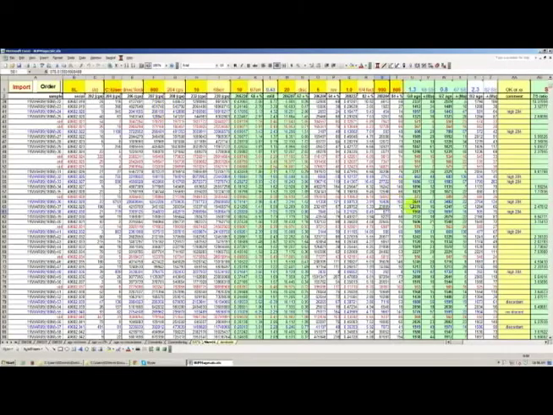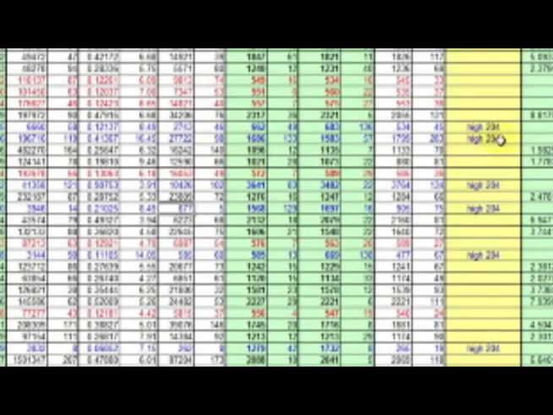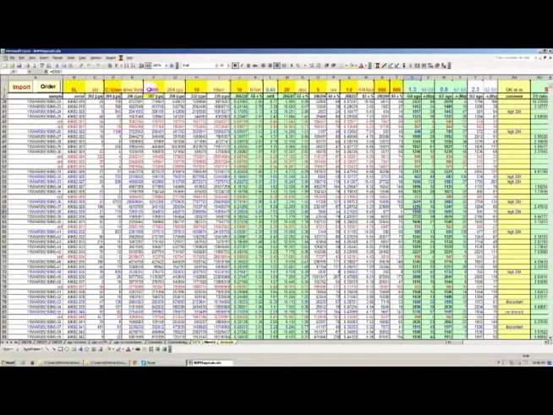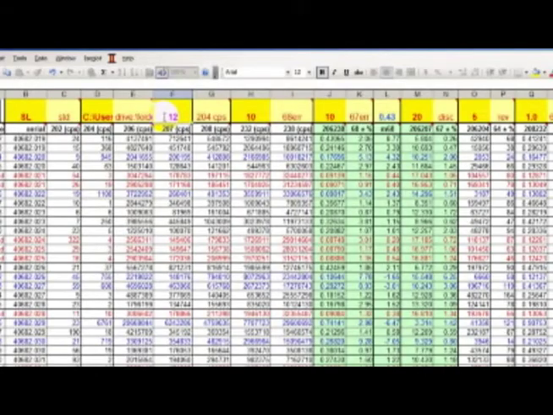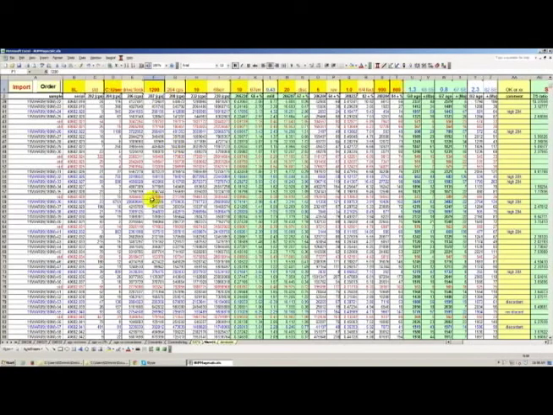So for example, in this particular sample, a lot of these grains are really old. If you look at grains that were discarded because of high 204s, they're close to 1600 Ma, 1500 Ma, and a lot of these ages are in the Precambrian. So in this case, we should be able to flex this threshold a little bit. So I'm just going to go ahead and change this to 1200,